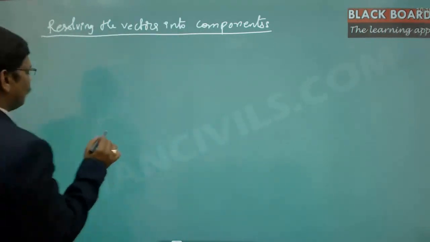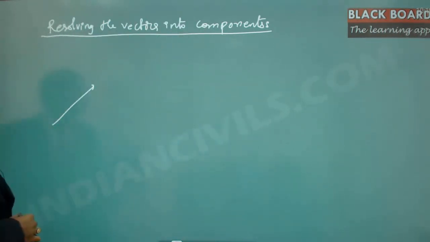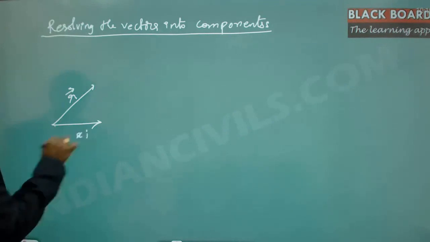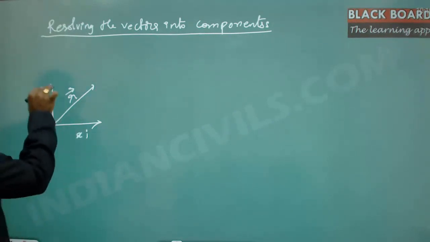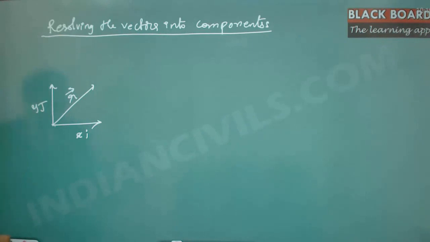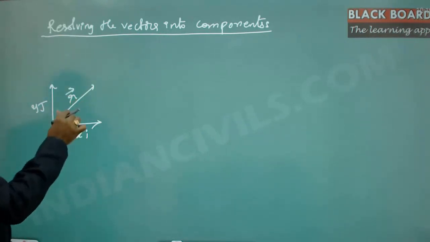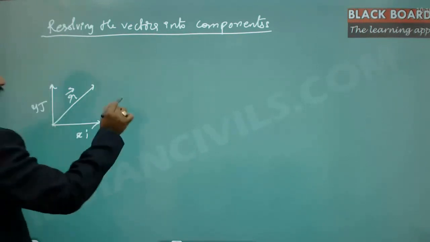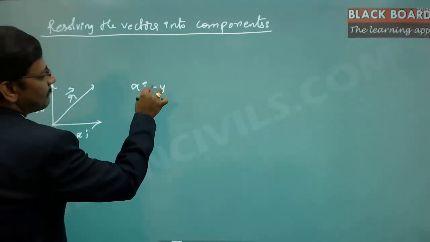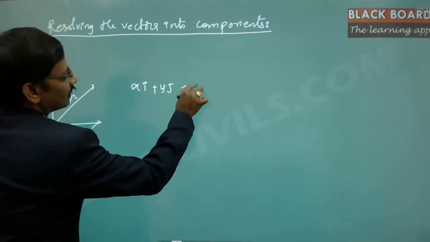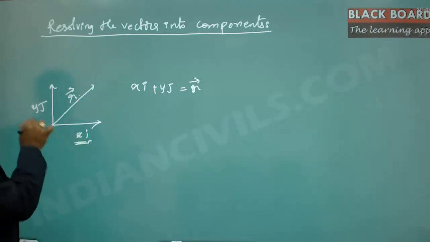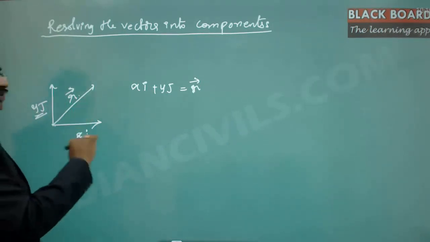So for example, suppose I have a vector like this, and let us say this is the r vector, this vector is xi and this vector is yj, which essentially means that this r vector is equivalent to adding these two vectors together. So xi plus yj is equal to the r vector. You know the r vector, and you want to identify two different vectors, one is xi and another is yj, which is equivalent to the r vector.